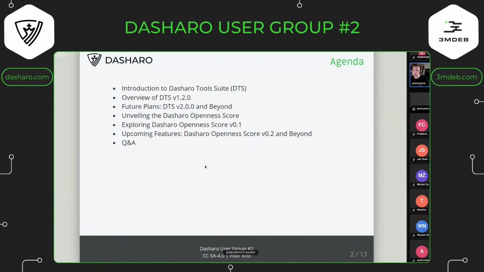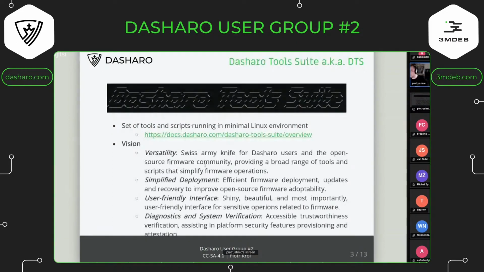And there is a tool which gets some interesting traction on Reddit and various other places, which is called Dasharo Openness Score. And I will tell a little bit about that. We got to release 0.1, and there is already a roadmap for 0.2, and that's what we will talk about. So Dasharo Toolsuite is our kind of Swiss Army knife Linux distribution, which you can boot directly from